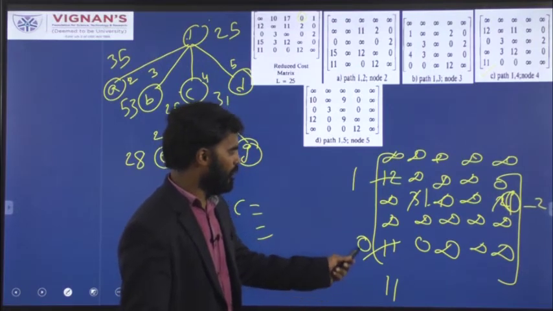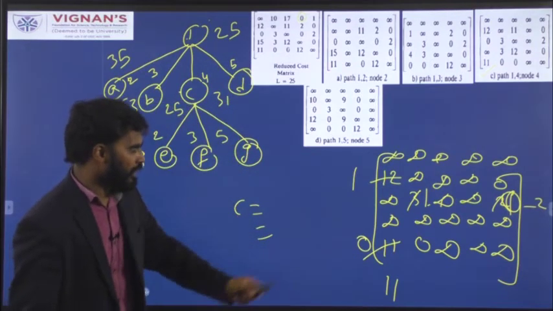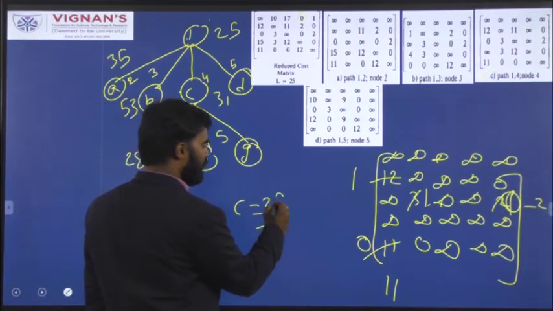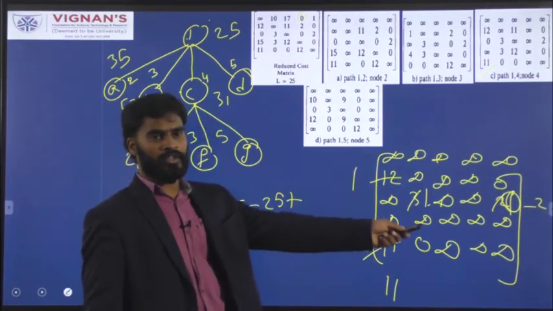So the cost of reduction is 13. Okay, 11 plus 2, 13. So the total cost of node F is 25. The cost of reduction is 13,